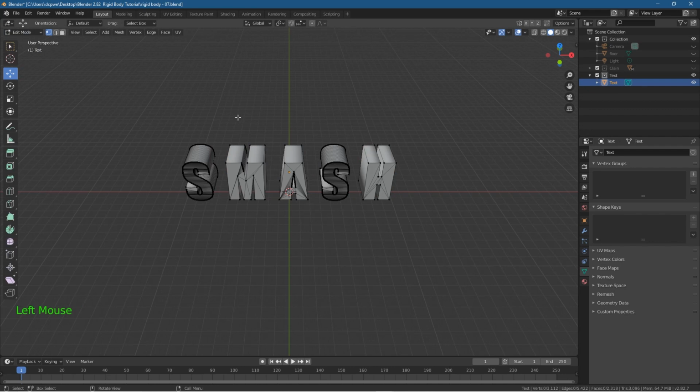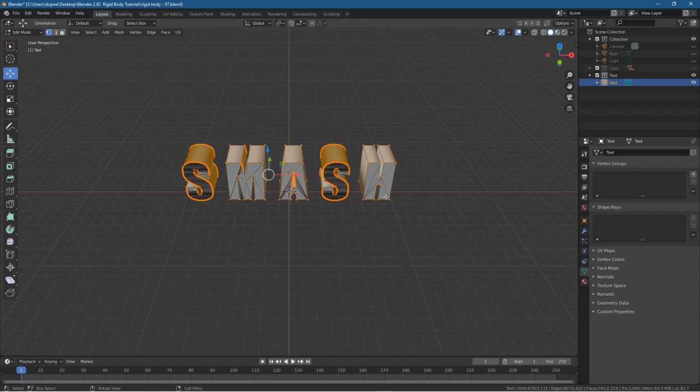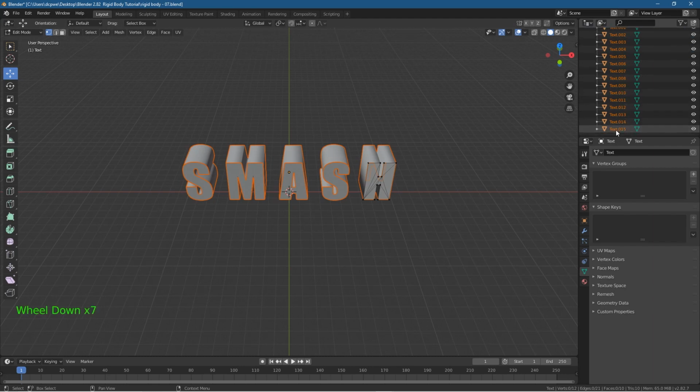We'll press the letter A and then select all here, and that will select everything. Or you can just left click and drag across, and we're going to press the letter P on your keyboard and then choose separate by loose parts. Let's click that, and you'll see the text object has been broken down into individual elements, but we want to